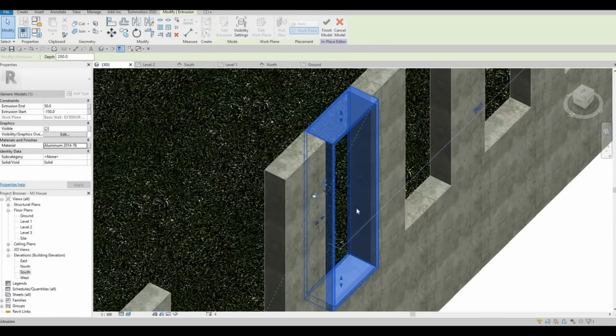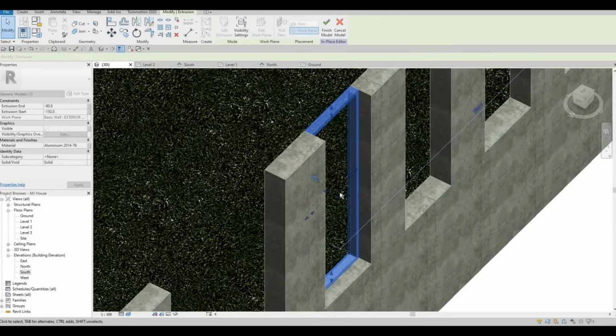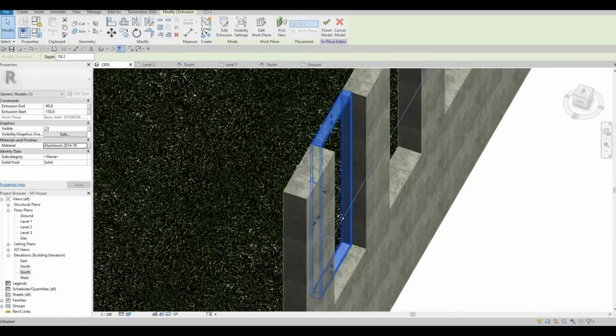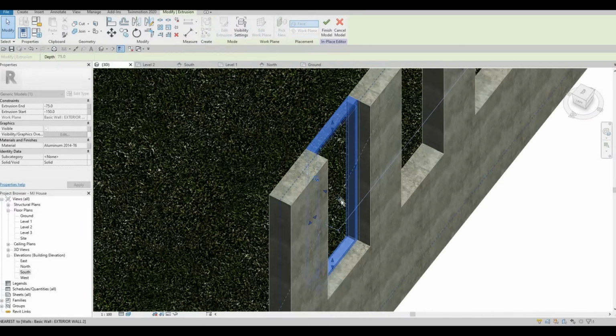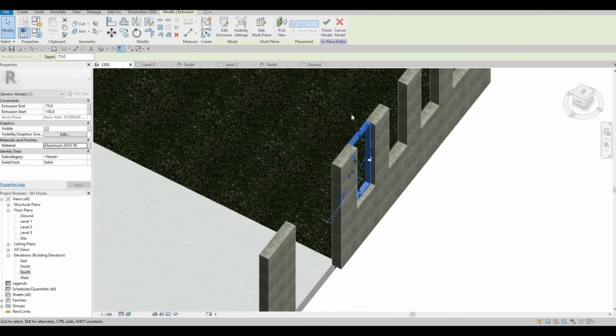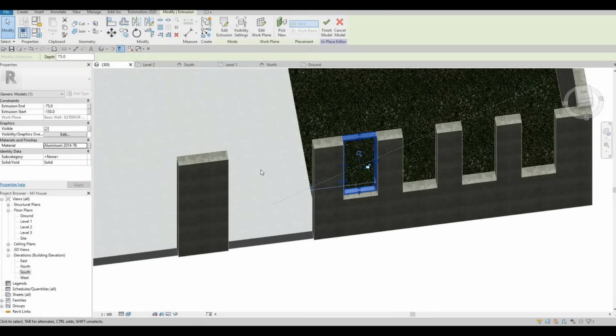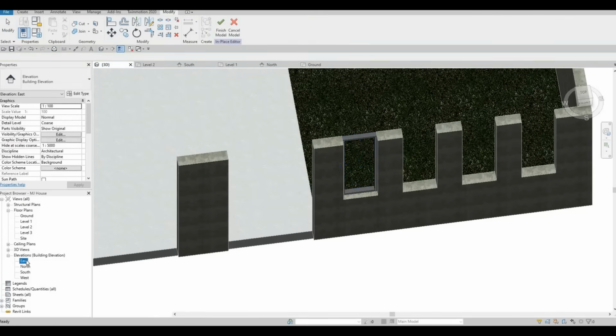So select that, and then we could give it some, maybe in the middle of this wall. So I'm just estimating it. I'm gonna give it some room right there. And then after that, don't click finish first. We're gonna go to our east elevation,